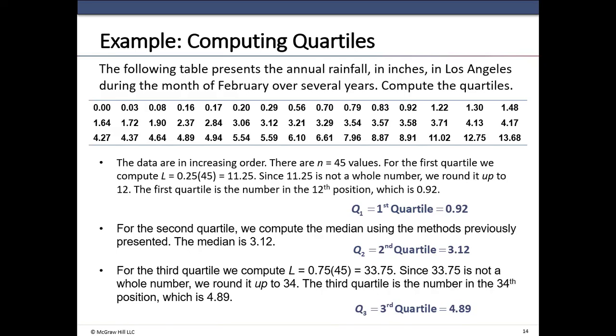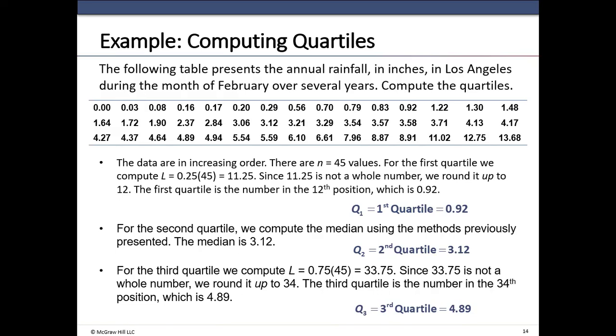0.79, 0.83, 0.92, 1.22, 1.3, 1.48, then 1.64, 1.72, 1.9, 2.37, 2.97, nope, 1.5, then 2.37, then 2.84, then 3.06, that's fine, 3.12, 1.92, okay. Then